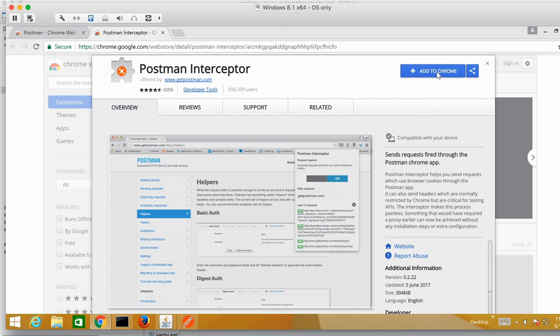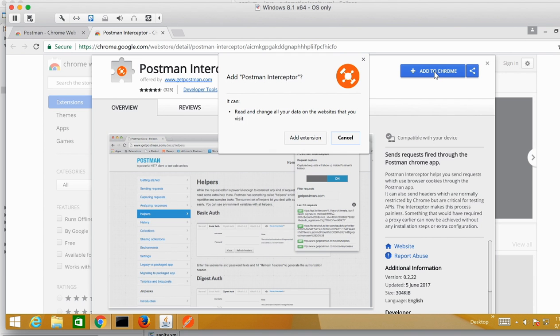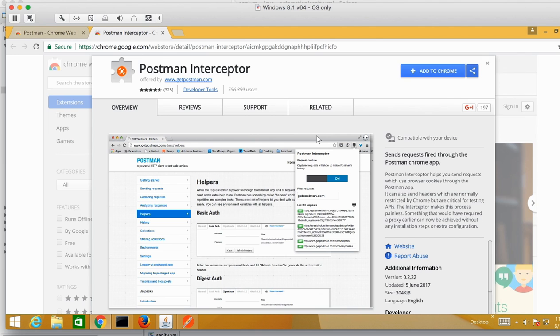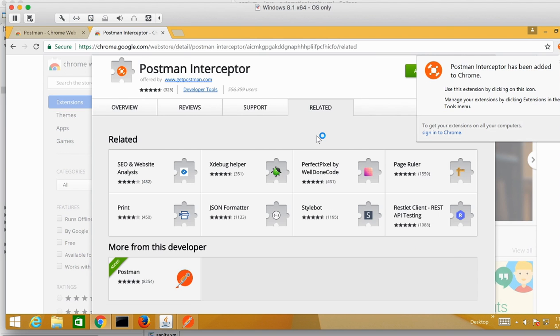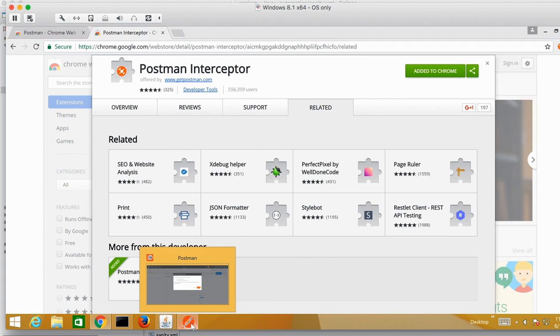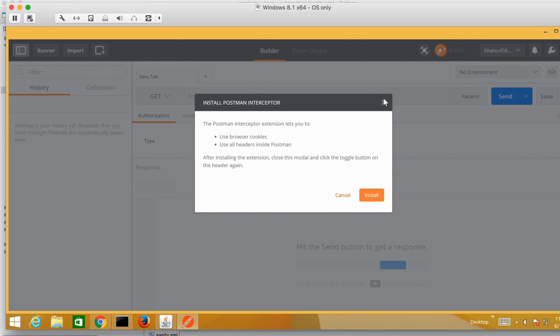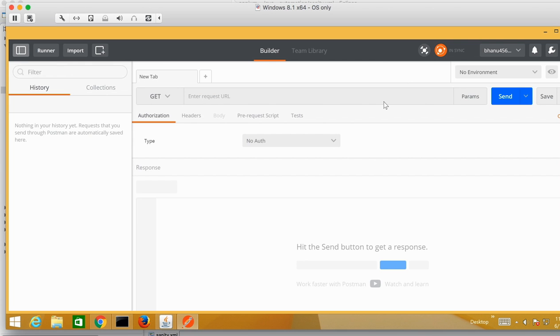When you are testing a web service API, sometimes we need to supply a cookie from one call to another call. This interceptor will store the cookie and supply it to the corresponding call. Now it's already added. Go to Postman again, click on cancel. Now we can turn it on. Yeah, now the interceptor is turned on.